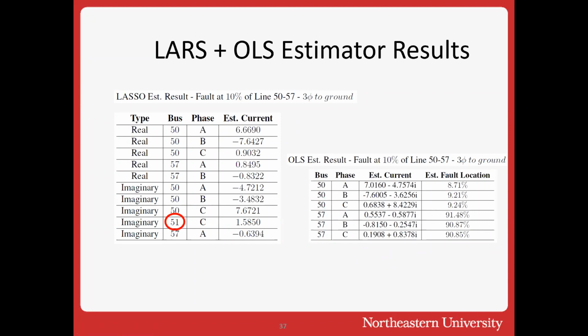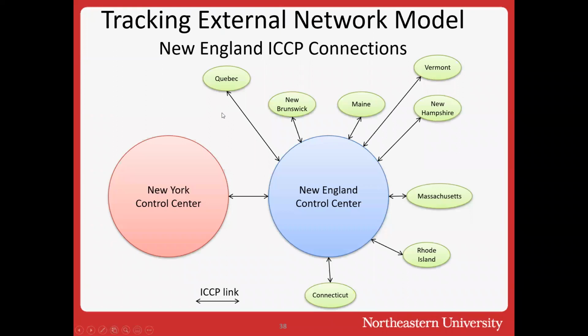Okay, so now let me move on to a second application. And the second application is actually motivated by kinds of incidents you run into during daily operation. For instance, in the New England Control Center, it might happen that you may lose ICCP links to some of the neighboring states. It could be, for instance, the New York Control Center. You may temporarily lose the ICCP link, and that will make all the connections to your New York external equivalent